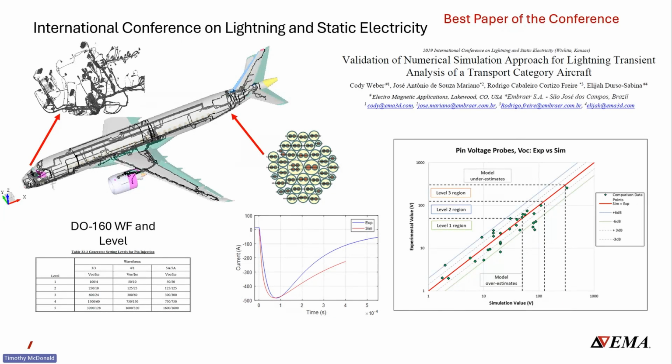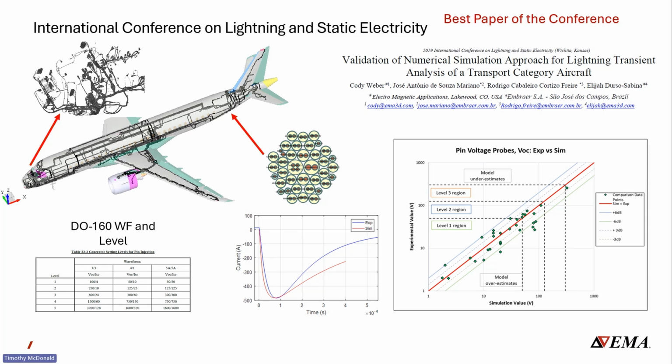And just a quick note, we can increase the validation up to extremely complex series of harnesses. What I showed for the electric vehicle was just a handful of harnesses, but we've proven that we can accurately do this up to thousands of conductors in complex vehicles like aircraft. This is a comparison of an experiment and simulation for a full Embraer aircraft, and it was measured with a ground measurement